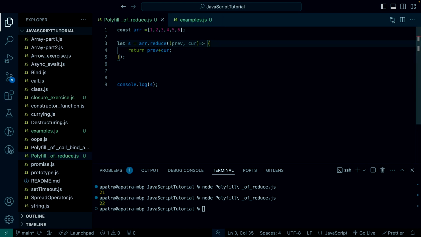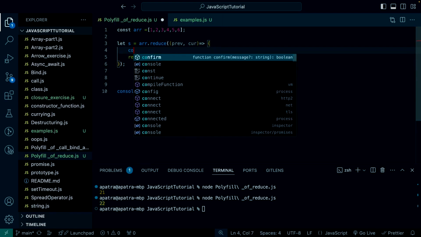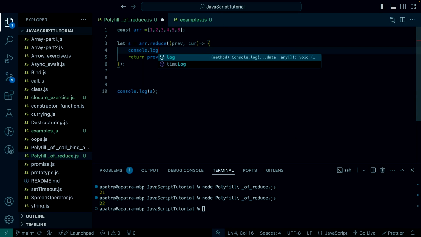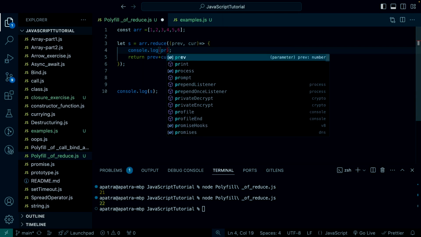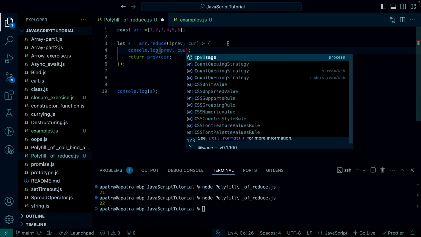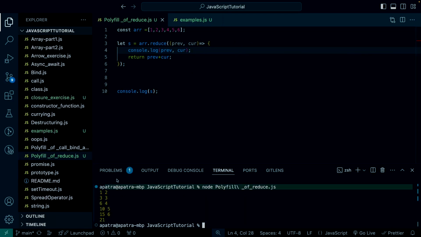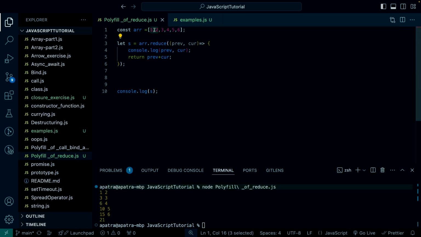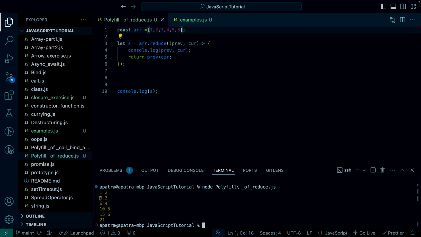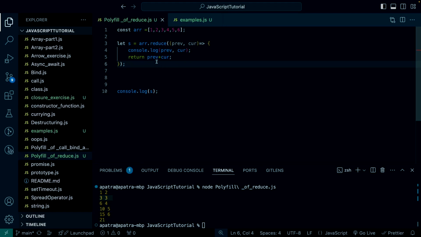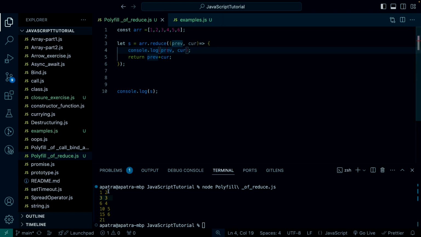Now you can add some console logs to understand what is going on. Console log, I'm giving prev, then current. See, 1 2, because this is 1 and 2. Then 2 plus 1 is 3. Then it will be 3 3. Then I'm storing 3 plus 3, which means 6. 6 will be stored in prev. Then 6 4. In that way, we are accumulating the data and it is giving the final value of the